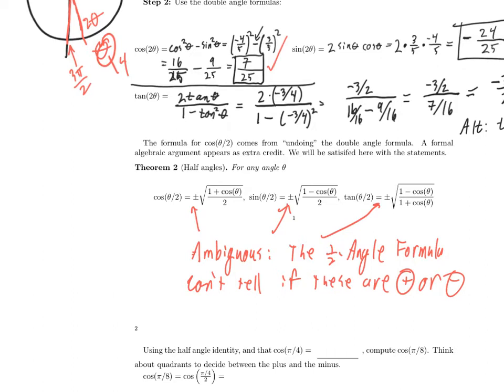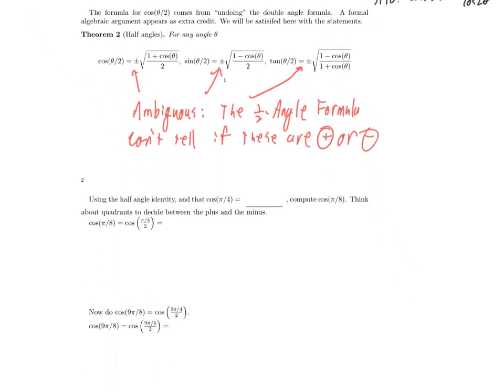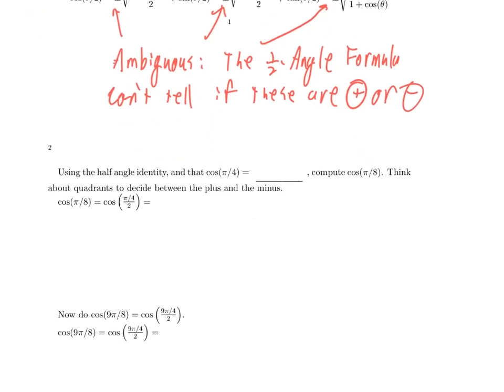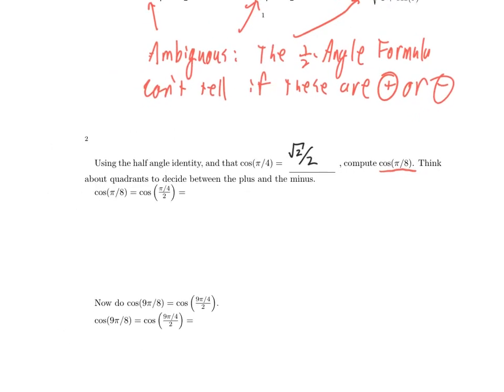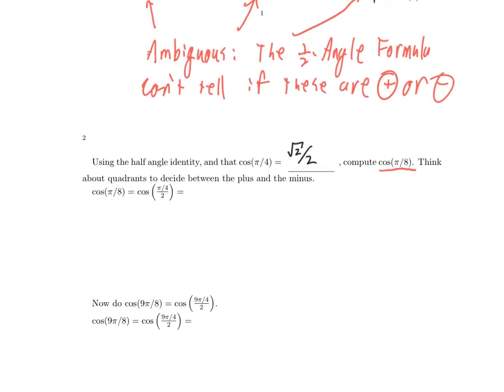So what these formulas say is if you have an angle that you want to understand, and that angle happens to be half of an angle you do understand, then you can use these formulas. So let's do exactly that. Let's try to use the half-angle identity and the fact that the cosine of pi over 4 is the square root of 2 over 2 to compute the cosine of pi over 8. So let's try to compute the cosine of pi over 8,